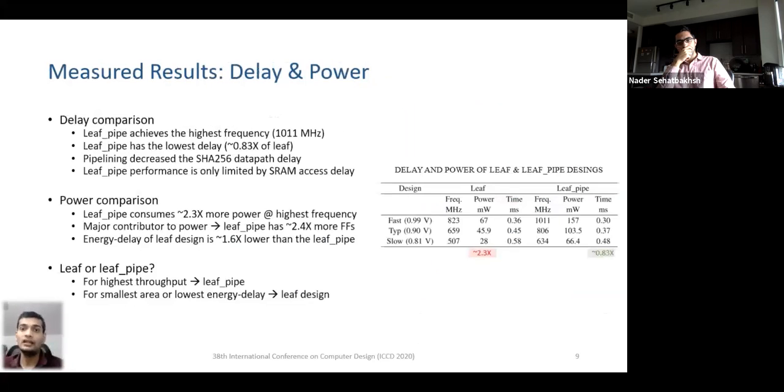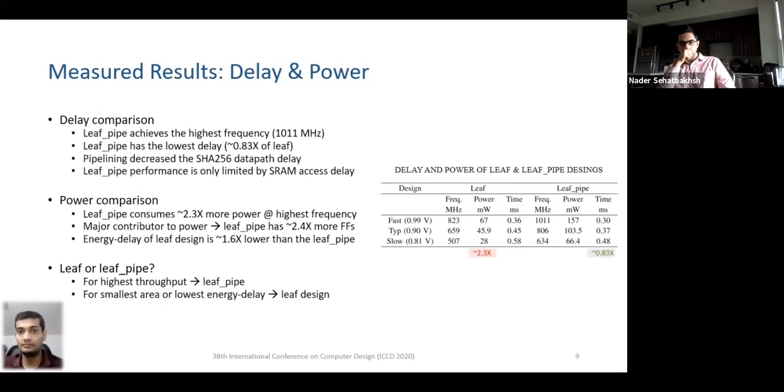Now let's look at the delay and power comparison. As expected, the leaf pipe accelerator has the lowest delay and achieves the highest operating frequency of approximately 1 gigahertz. While pipelining decreased the SHA-256 data path delay, the frequency of the leaf pipe accelerator is limited by the slow